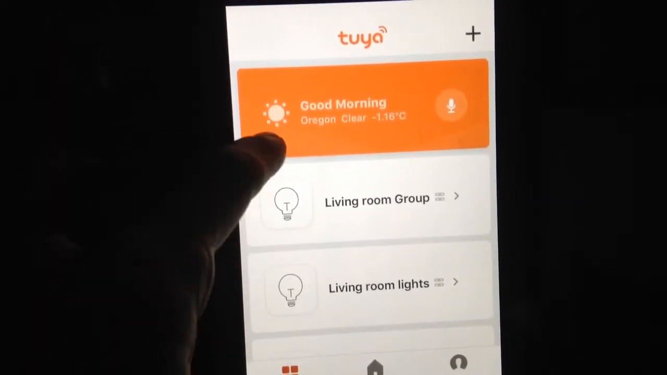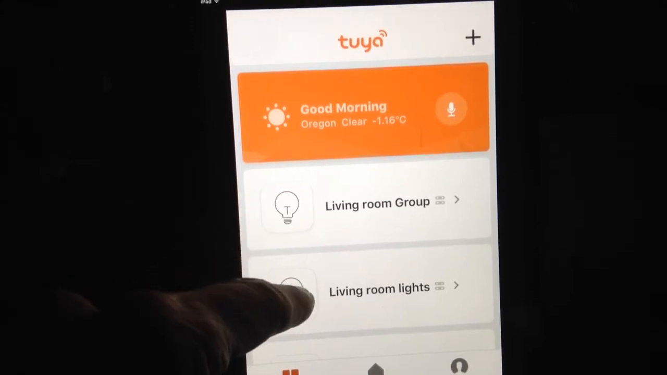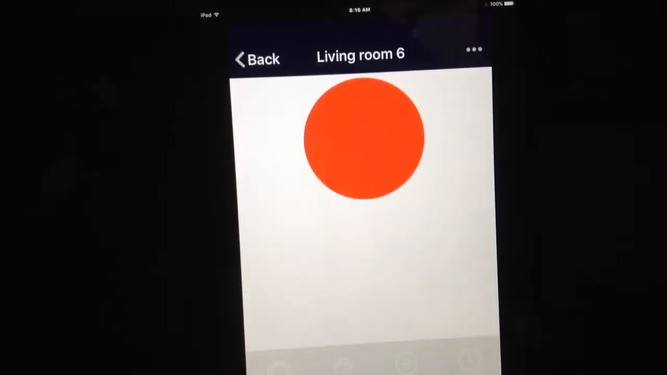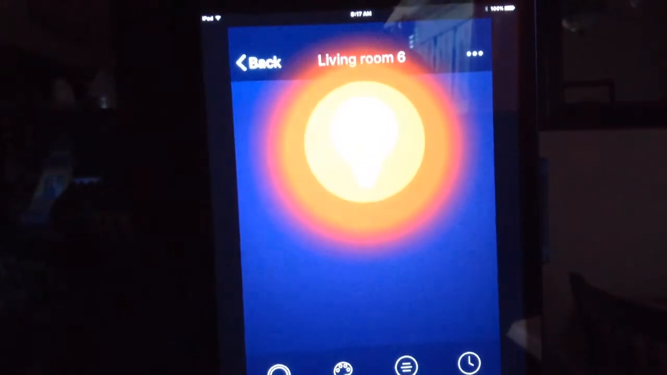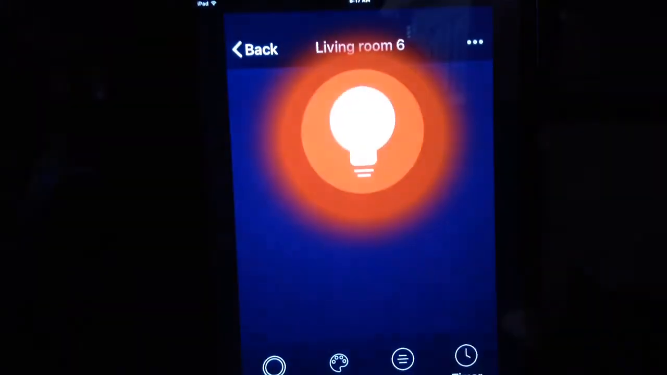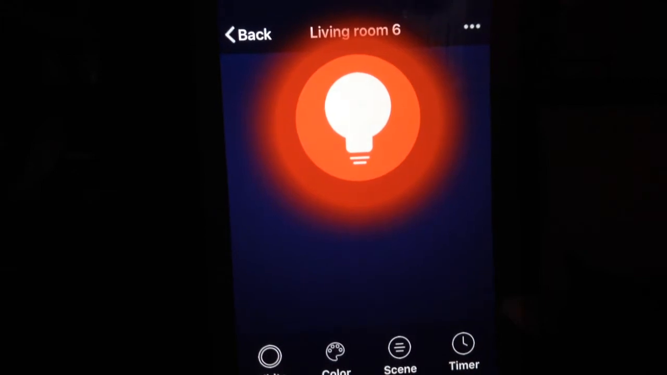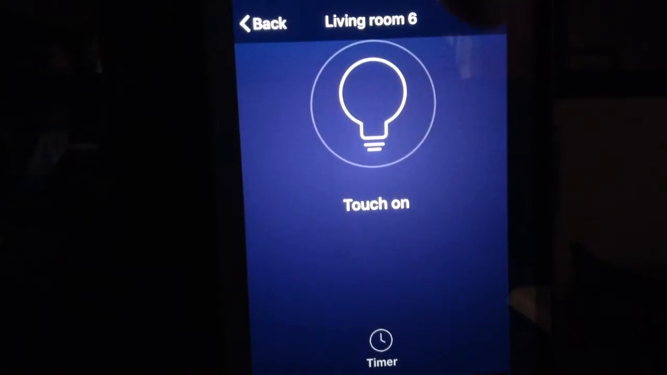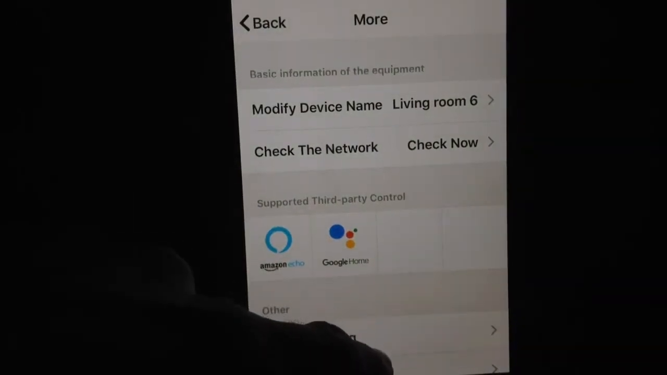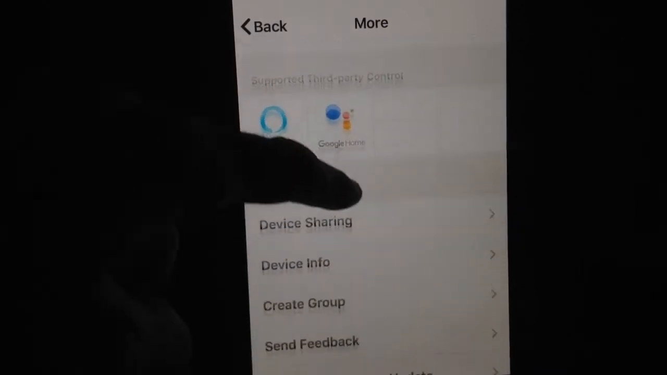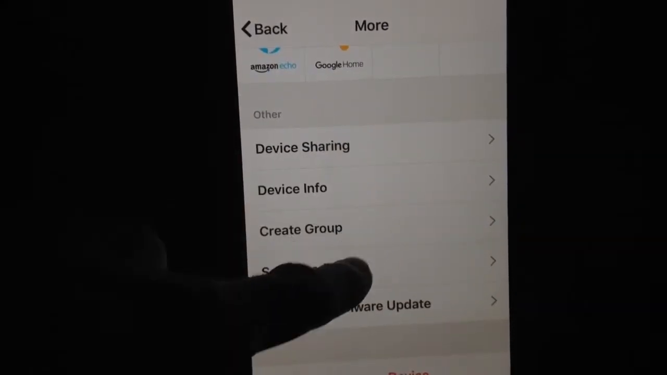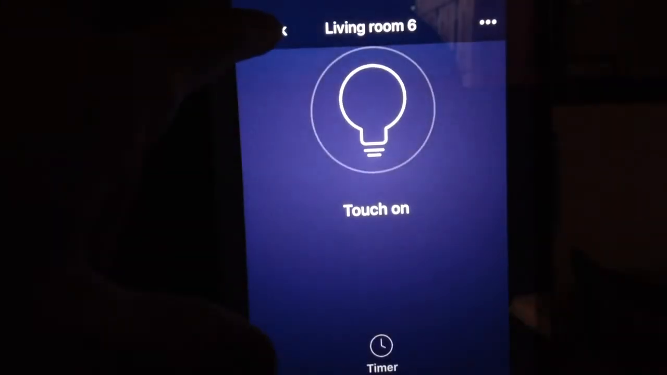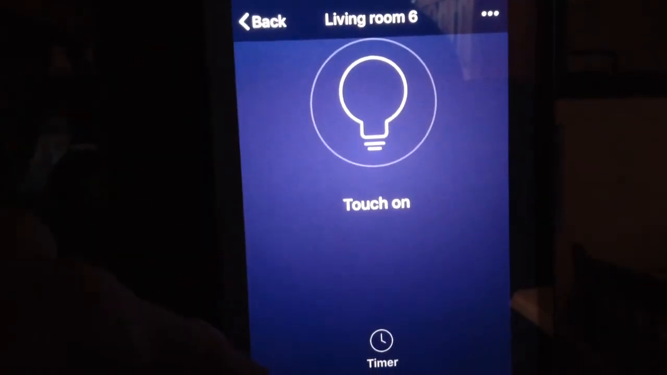Alright, so living room group. If I just go to living room light, okay, and then we can set, let's see, turn it off, and you go to this settings, and you go to create group. Okay, so you want to click one of your light bulbs, okay,